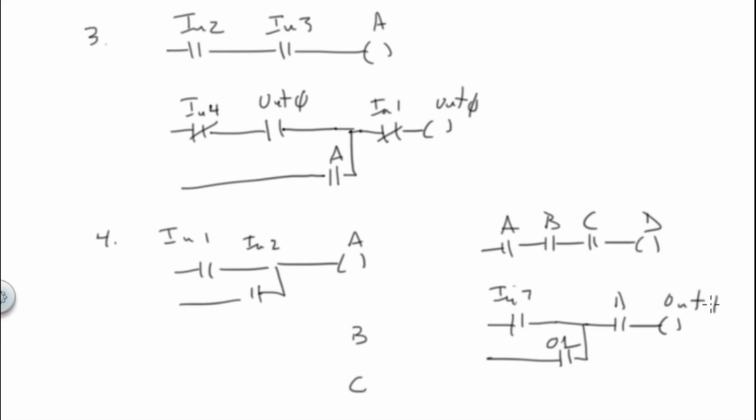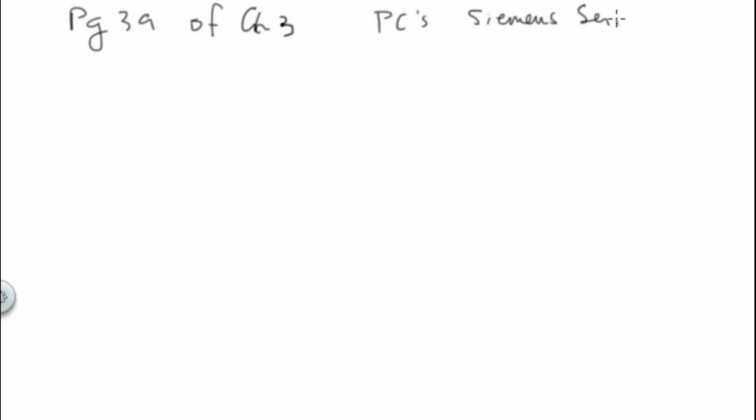As you look through this chapter, you're going to see some examples of what I would call helps that come along, and you usually stick these into chapters. But for instance, some of the things that we've found along the way, and this is on page 39 of chapter 3, are helps for setting up various PCs based on the rules that we found for the Siemens server, and also the Allen Bradley server,